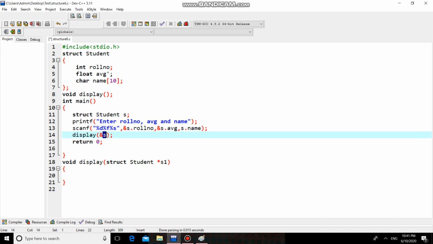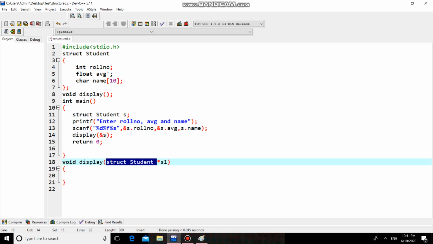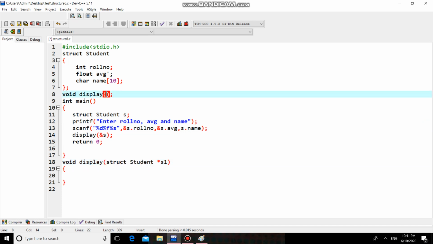Now a very important thing: the data type of the actual parameter and the data type of the formal parameter should match. The data type of ys is struct student, so the data type of ys1 should be struct student. So modify the structure declaration accordingly.